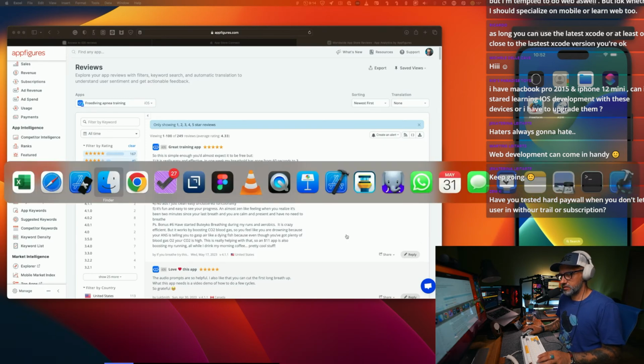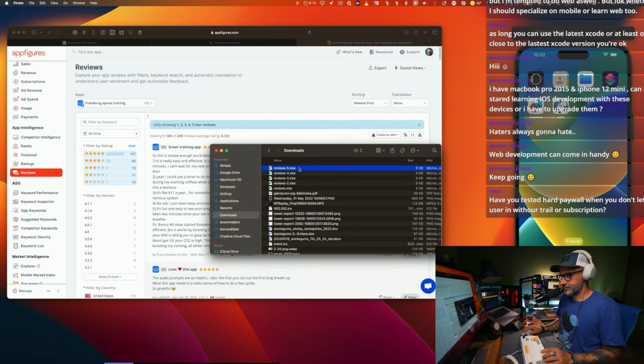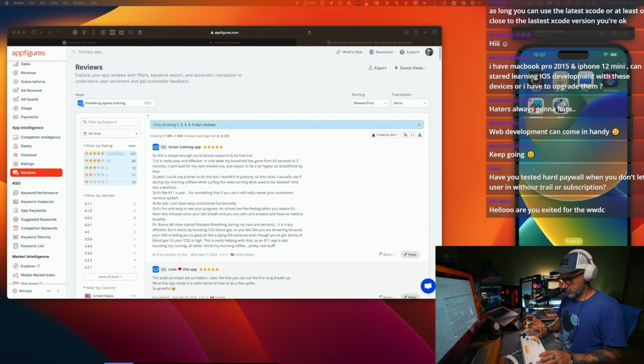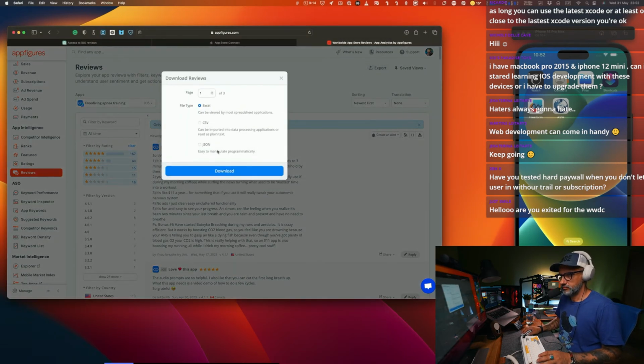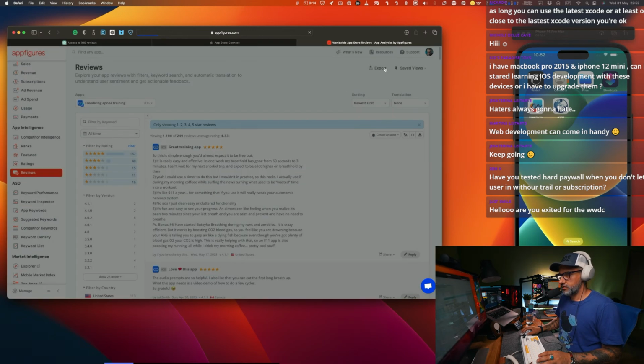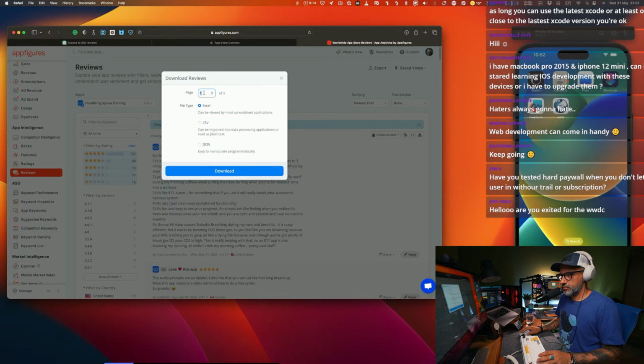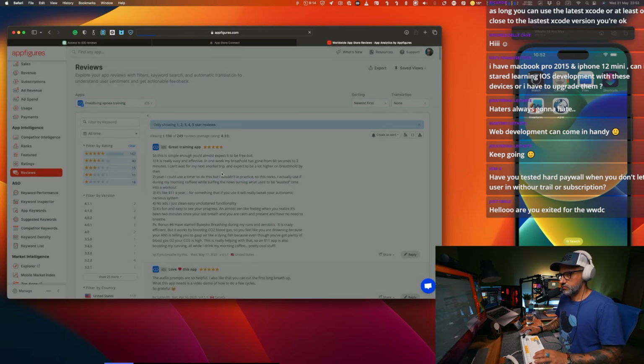Okay, close everything. Let's delete those and export again. Page 1. Oh, it will take a little bit longer. That's fine. Page 2 and